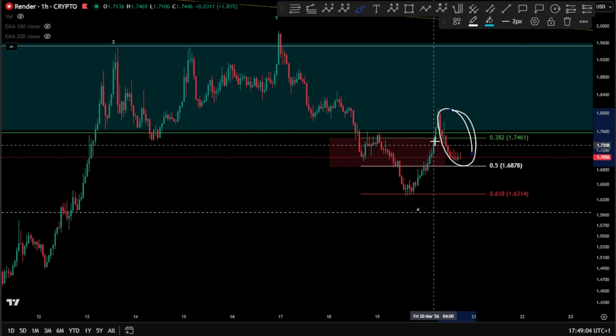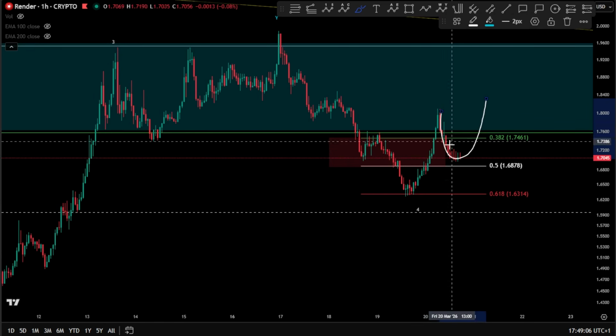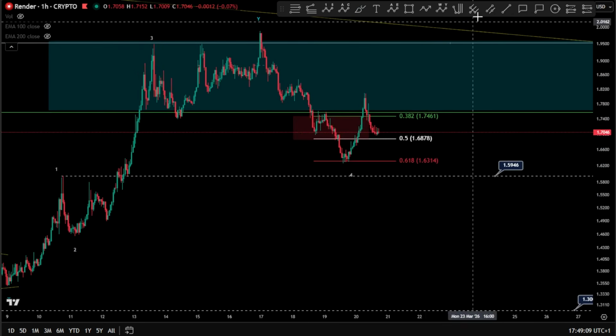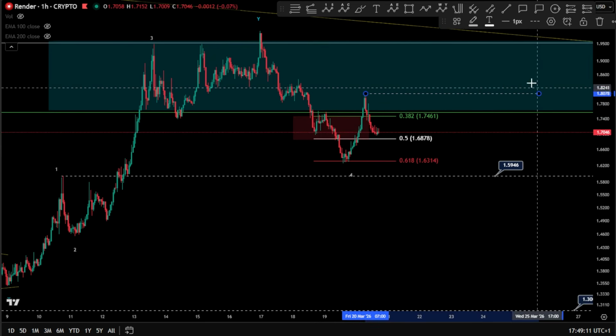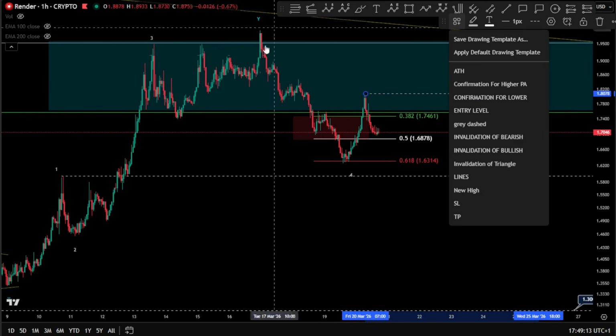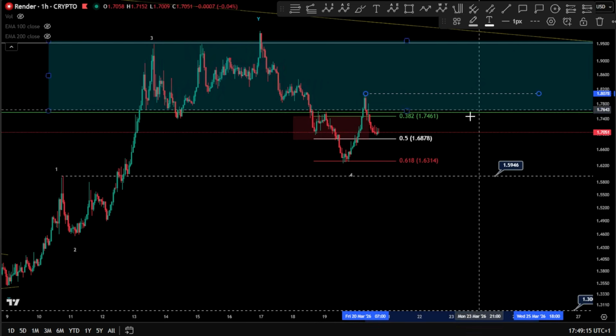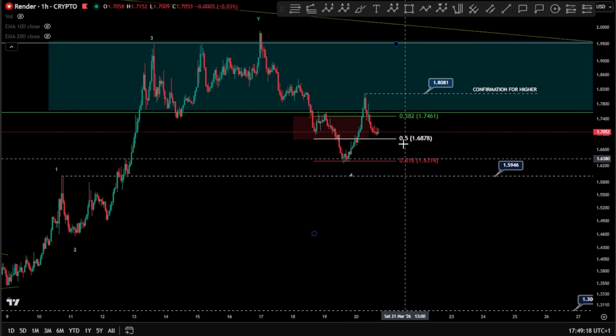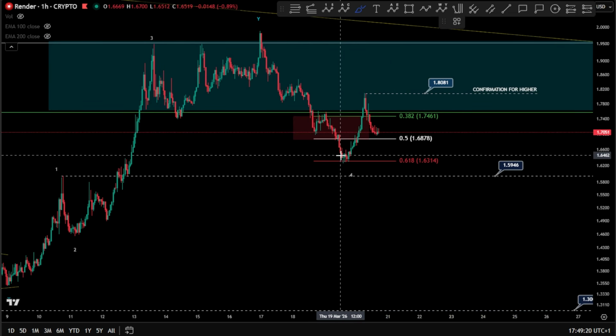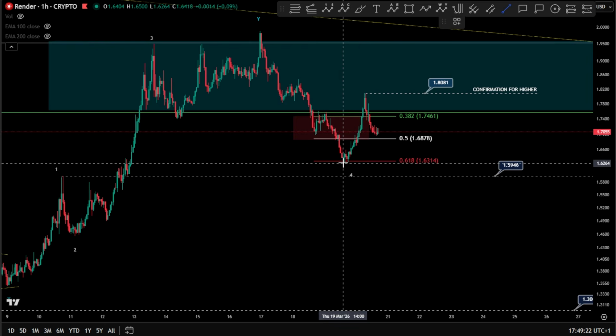I still see something as a rebound here also potentially. So confirmation for higher, I would say, definitely taking these highs. Of course, we are pushing for new highs. Confirmation for higher prices over there. But if we continue to dive deeper and we take this low, then expect, of course, the invalidation to be